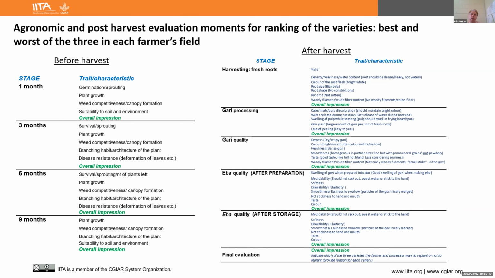But if you can go further and say, well, for a specific ecological zone we might release this variety, and for another ecological zone we might release another variety, then the tricot trials and the data they generate can contribute to more detailed information on the G by E interactions, and also on the external validity of the different breeding trial locations.